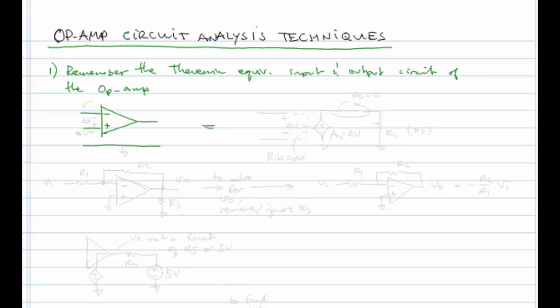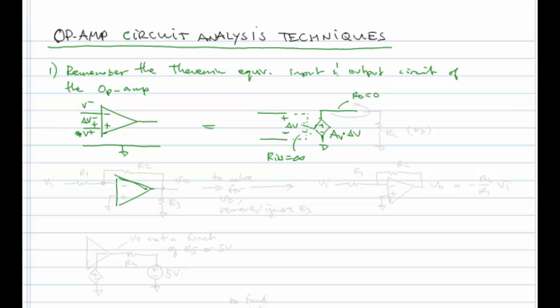And the way you want to think of it is an ideal controlled voltage source putting out a voltage AV times delta V, where delta V is the voltage between V minus and V plus. And there is no input resistance, so we'll say Rin is equal to infinity, and there is no output resistance. That means when you connect an op-amp,